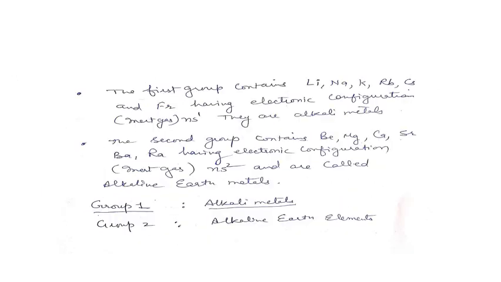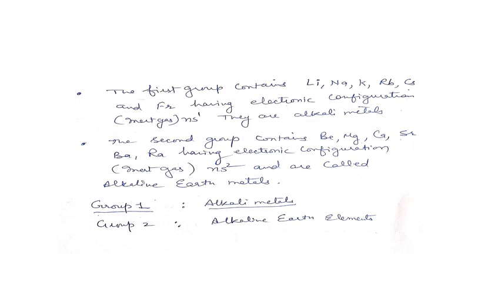The first group contains six elements: lithium, sodium, potassium, rubidium, cesium and francium, having the electronic configuration ns1, and they are called alkali metals. The second group contains beryllium, magnesium, calcium, strontium, barium, radium,